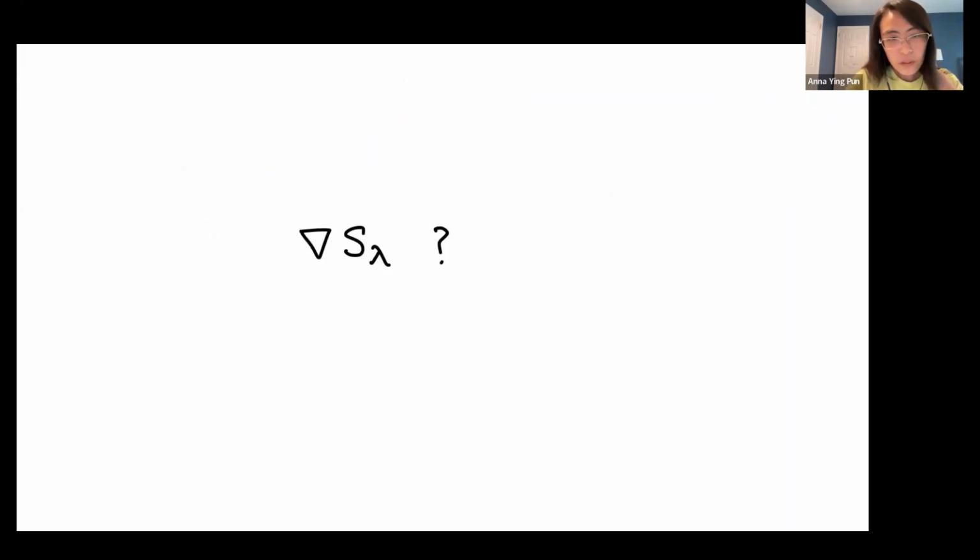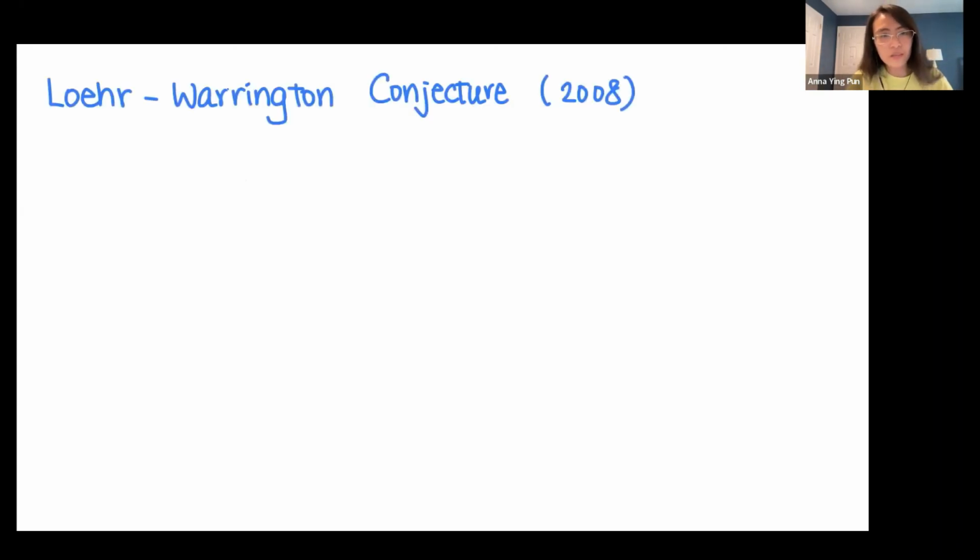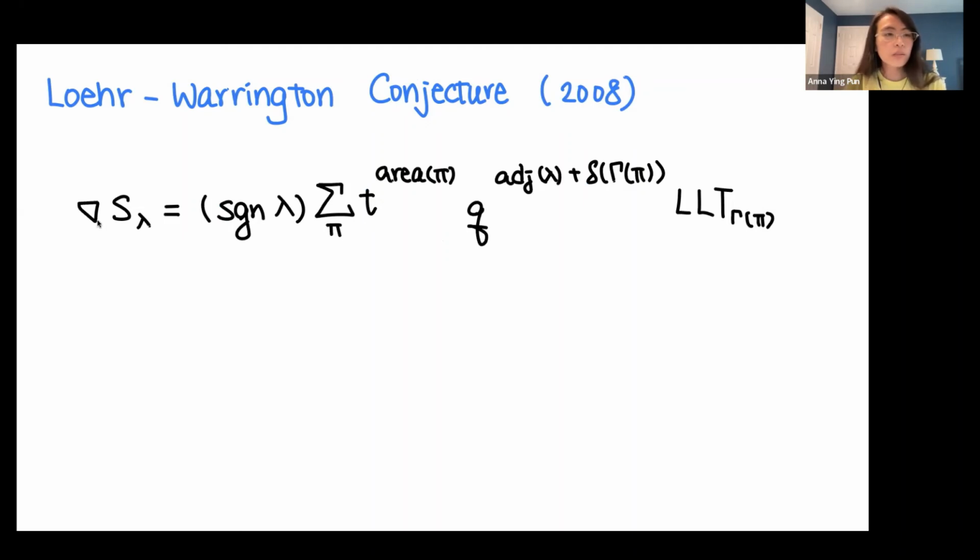All right. So of course, the next thing is, okay, well, we always look at the S lambda with lambda all ones, right? So what about S lambda for any lambda? So that is where the Warrington conjecture comes in. It is a conjecture from 2008. And it says that, okay, well, nabla of S lambda, they give a